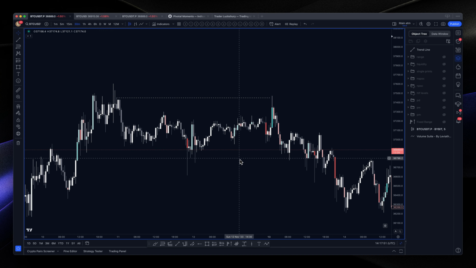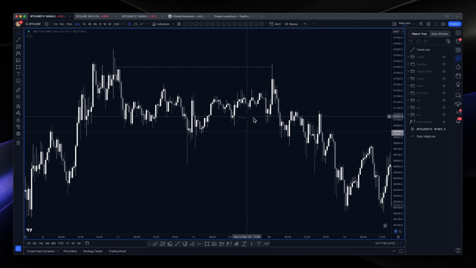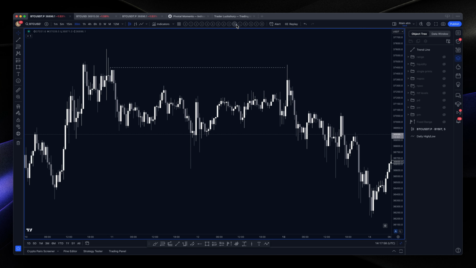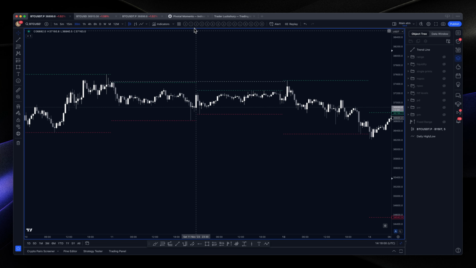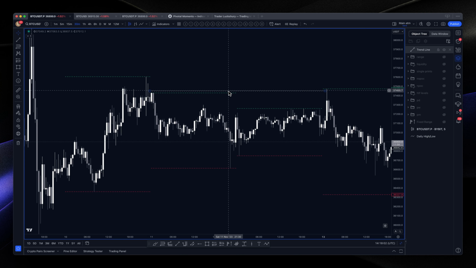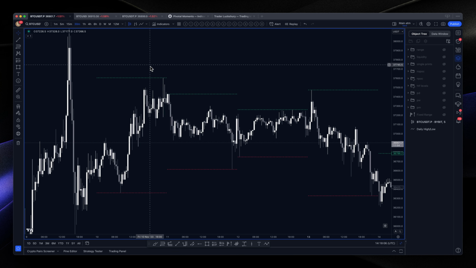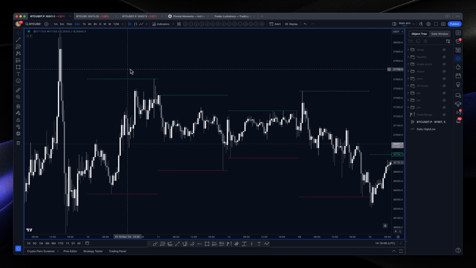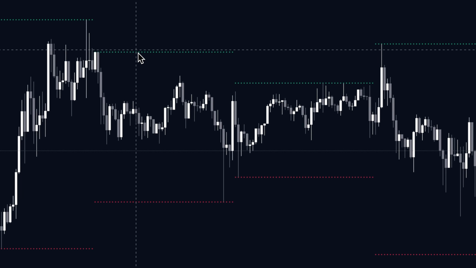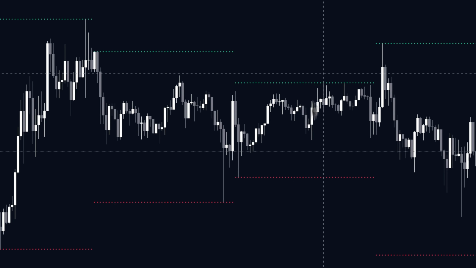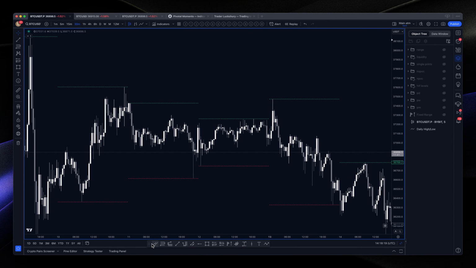So for example, we can just bring on the highs and lows indicator again. This will also be within that indicator link that's going to be down below. There we go. And I can even hide this now, but you can see here, this is a really prime example of a nice setup that I've seen and traded before, and I'll talk you through that in a second. You've got Friday's highs and lows here, but more importantly, we've got Saturday's high and low, Sunday's high and low, and then what happens is that you take these highs